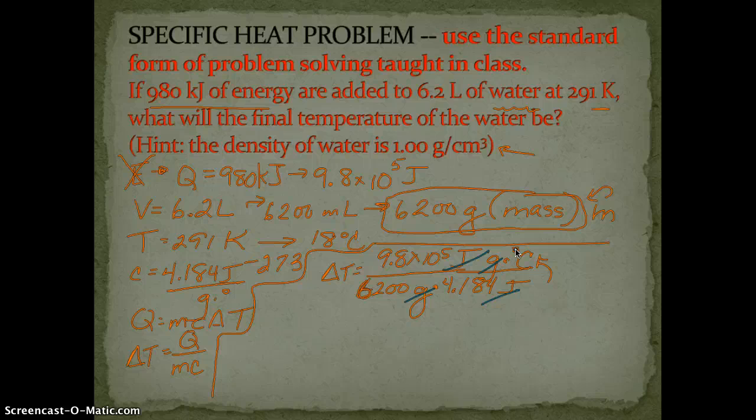All right, so I'm going to punch that out again just to double check. 9.8 divided by 6,200 divided by 4.184, and I still get a really small number. So what I actually have on my calculator is a crazy number. I hope I'm right. 0.00, oh my gosh, that's a lot of zeros. One more 0, 37